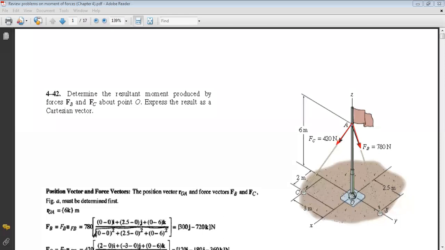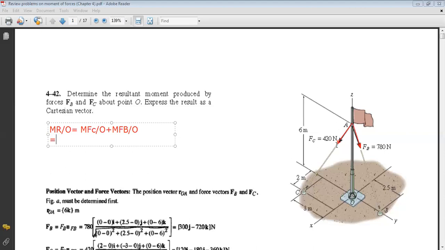Okay? So, as I told you, whenever you have a 3D problem, the easiest way to get the moment vector is to do the vectorial product. So, what I can say here, I can say that the resulting moment about O is simply equal to the moment of Fc about O plus the moment of Fb about O. Now, this can be written as first for